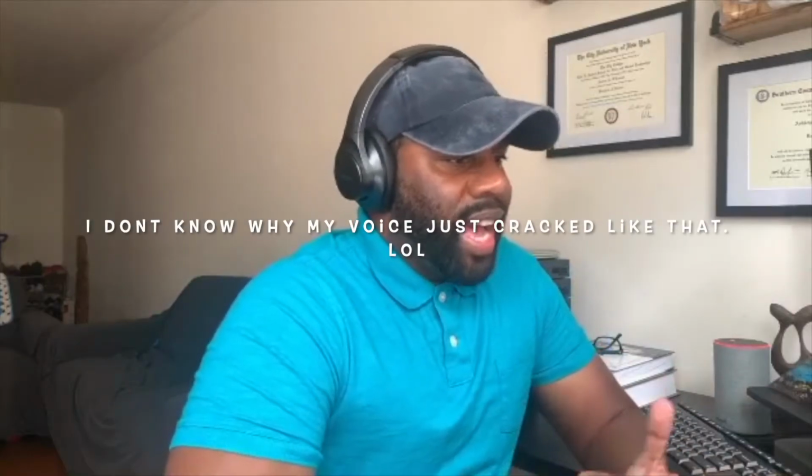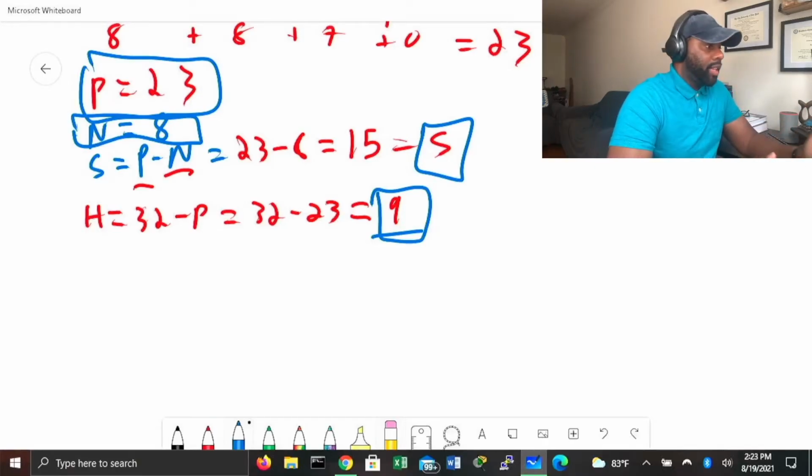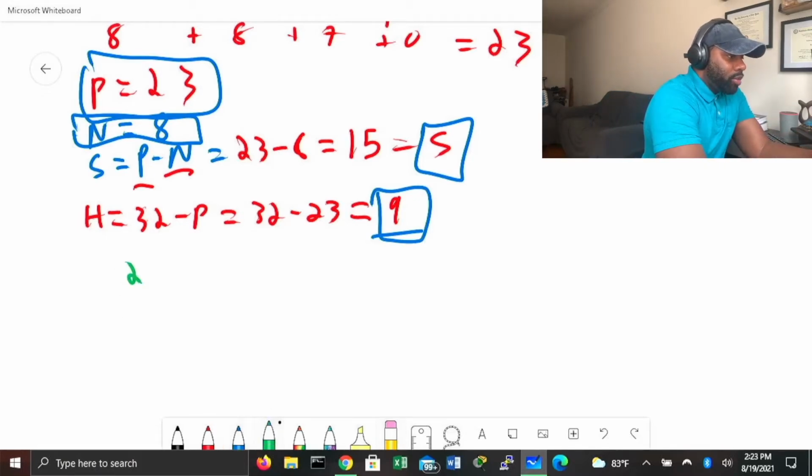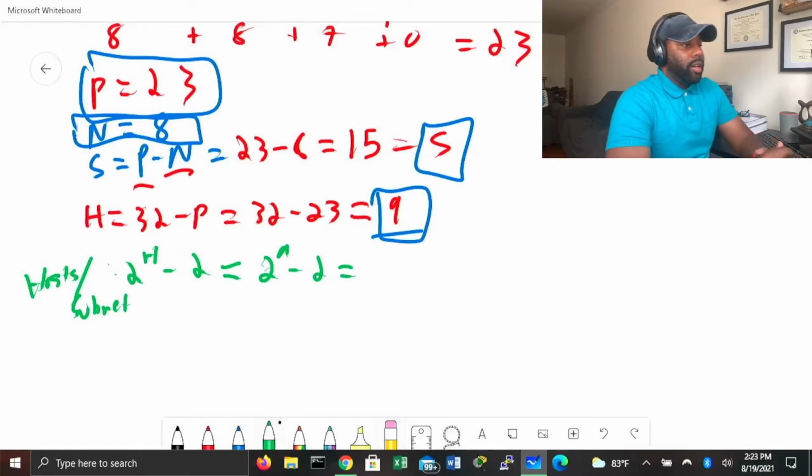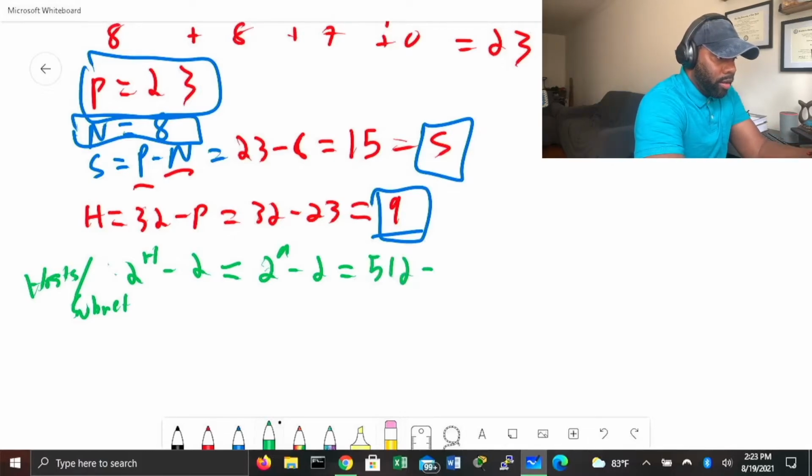So now we have pretty much everything we need to determine how many hosts per subnet and how many subnets exist in this network, or how many subnets can be made out of this network. I think I'm using the wrong terminology there. So we have 2 to the H minus 2, which gives us our hosts per subnet. We're going to have 2 to the 9 minus 2. And 2 to the 9 is equal to 512, minus 2,